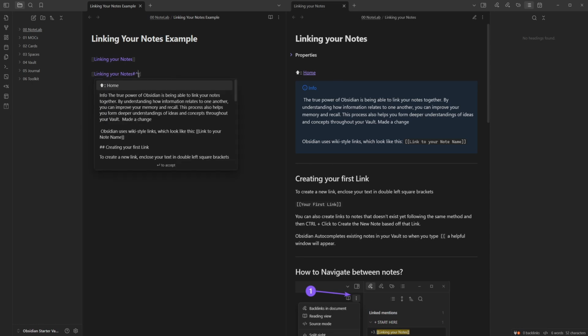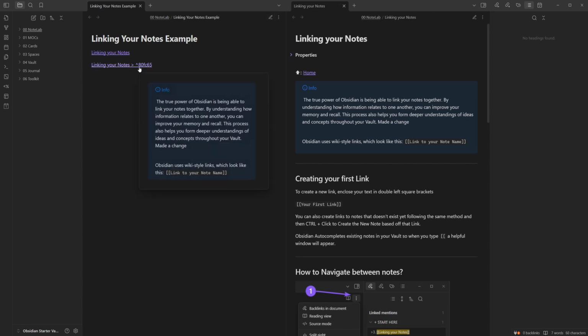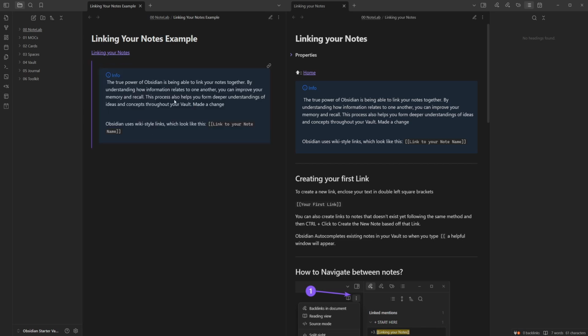A caret's just a little up arrow, and then we're going to choose this block here, which is our information, and then it's going to put this little number with characters at the end. So if we look at that and go into our view, now we have this weird kind of link. So what we want to do is go back and put an exclamation mark, and now it's going to show us